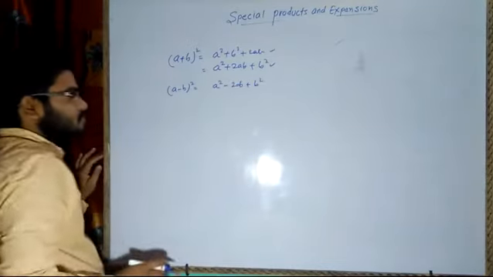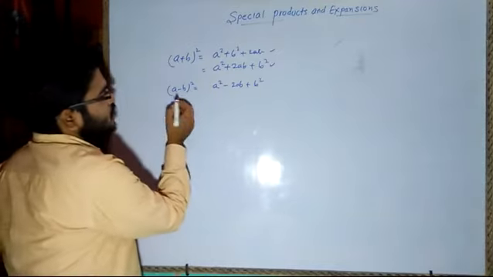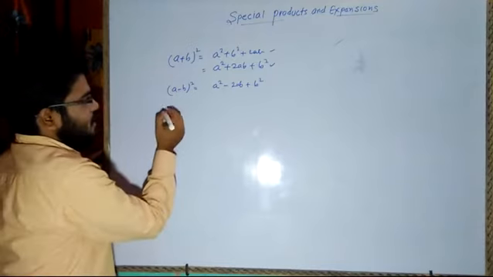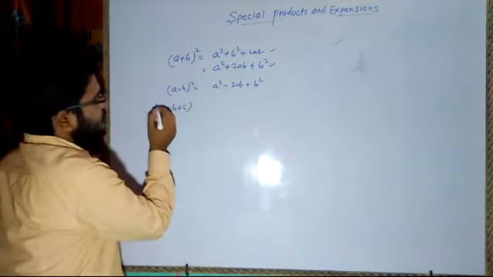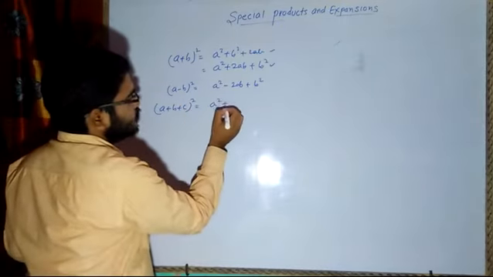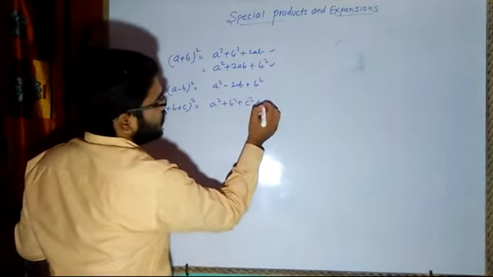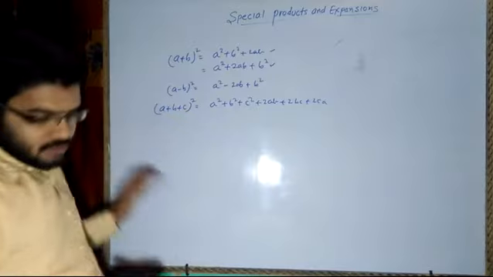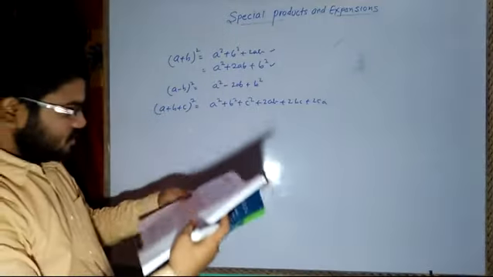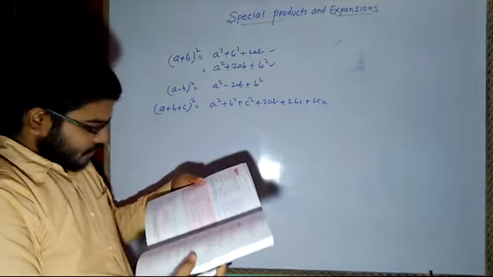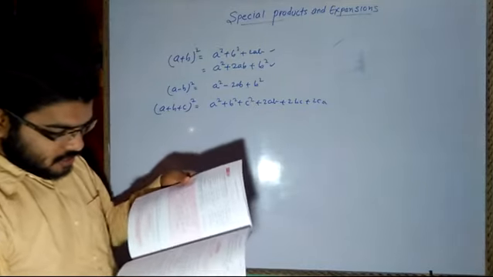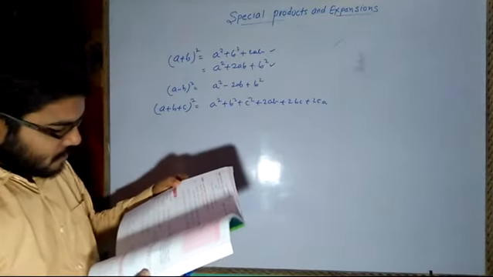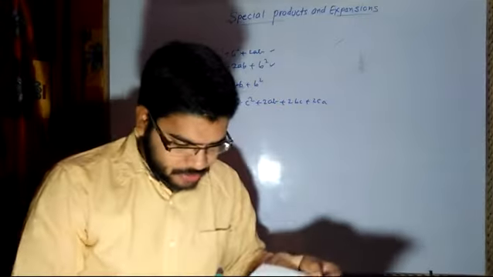Now let's see how this minus and plus is being interchanged, because some of the students, when we have 3 numbers, like if I have a plus b plus c and I have to expand, then it will be a square plus b square plus c square plus 2ab plus 2bc plus 2ca. I don't think that in your syllabus we have 3 numbers expansion. It is given up to a plus b into a minus b terms, so right now we have a plus b into a minus b only.